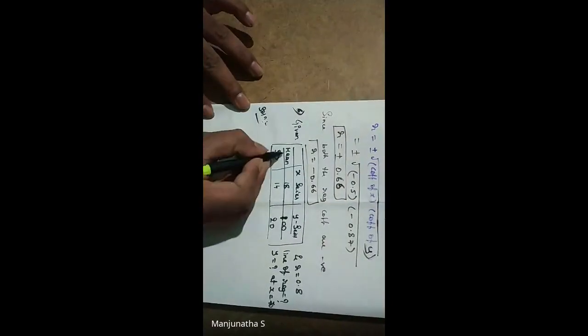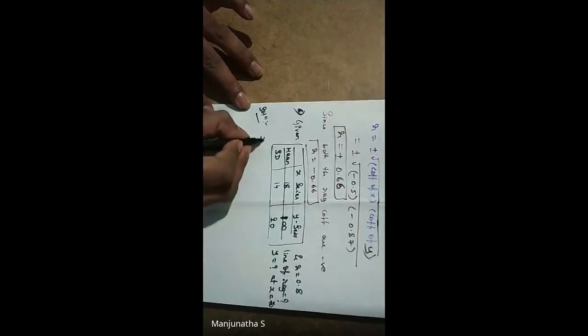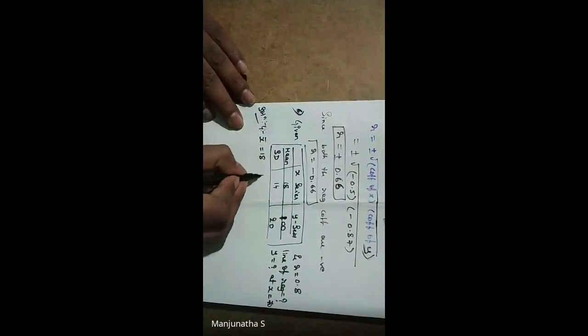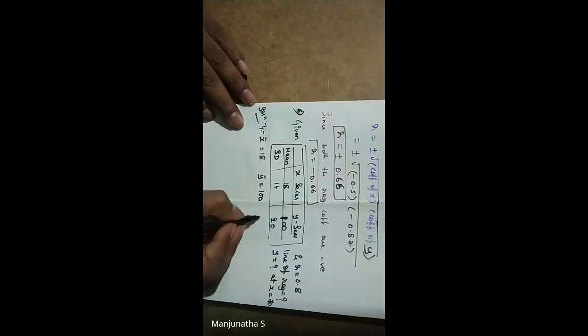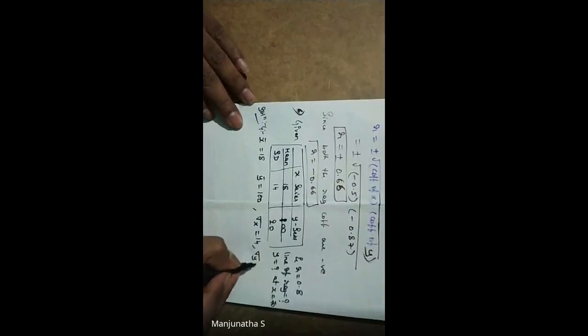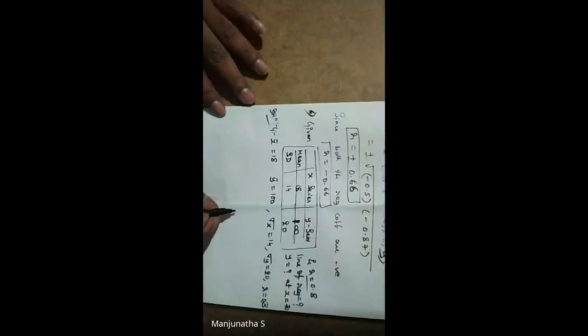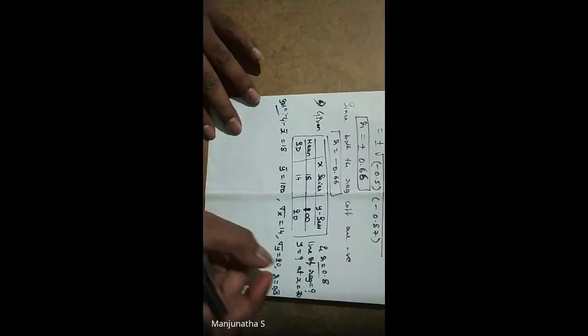First of all, I'll write all the given values. Mean is nothing but X bar. X bar is equal to 18. Y bar is equal to 100. Sigma X is 14. Sigma Y is 20. And R is equal to 0.8. So all the values I wrote. So now what do I need to find?